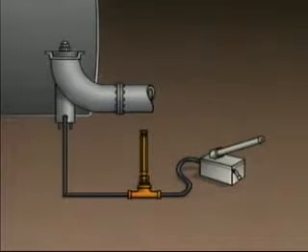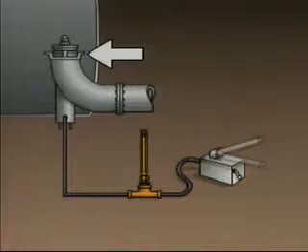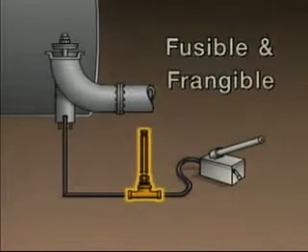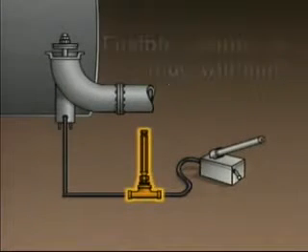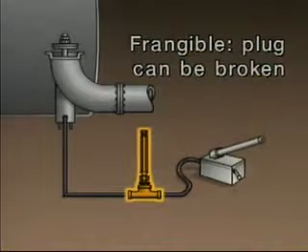In the arrangement illustrated here, a hydraulic pump has to be used to manually open the internal safety valve during normal unloading operations. But the valve is also designed to close automatically if there's an accident or emergency. This is possible because the tubing that carries hydraulic fluid from the pump to the valve has a plug that's both fusible and frangible. The plug is fusible because its center will melt if it's exposed to fire or extreme heat. It's frangible because it can be broken during an accident or emergency.